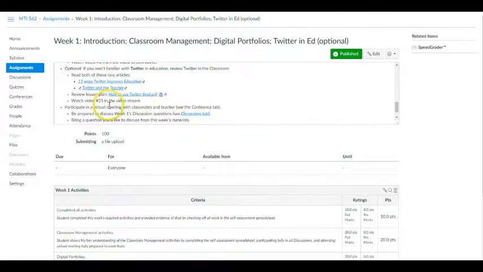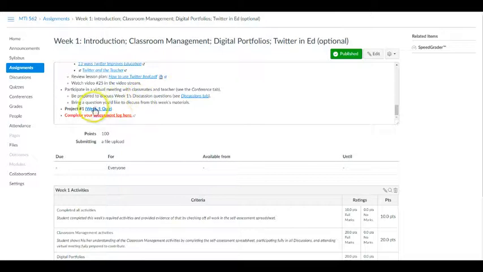Then we'll go to this, which reminds you of our virtual meeting that we're going to have, and then the project. You also grade yourself. So when you click this link, it's going to take you to a self-grading spreadsheet with your name on it and all the activities. All you have to do is check off and say you did them. Okay, that's